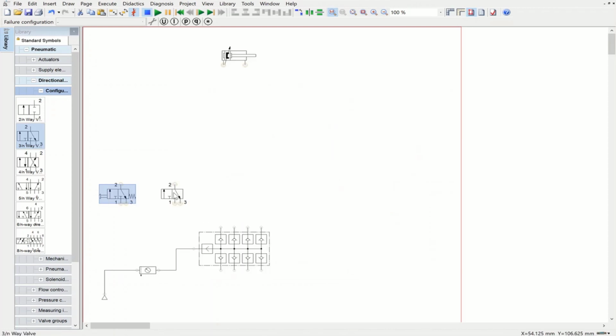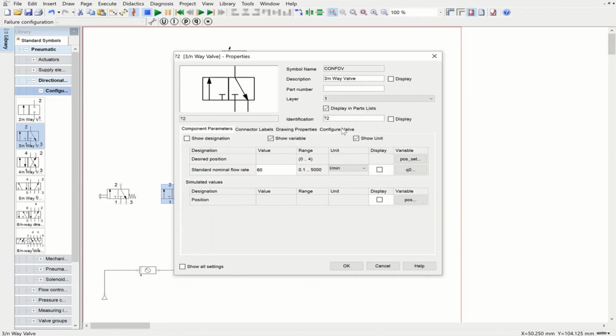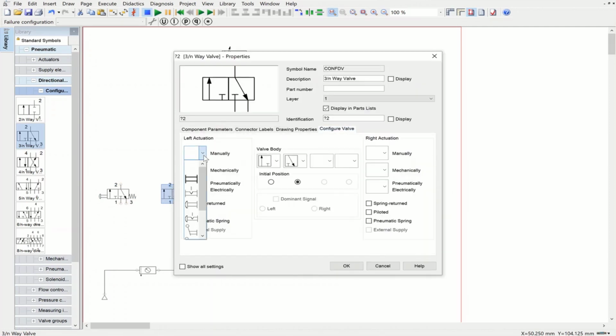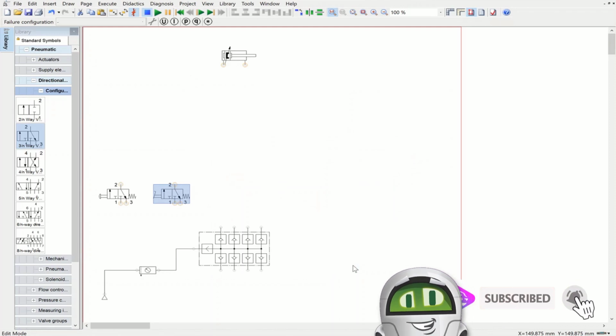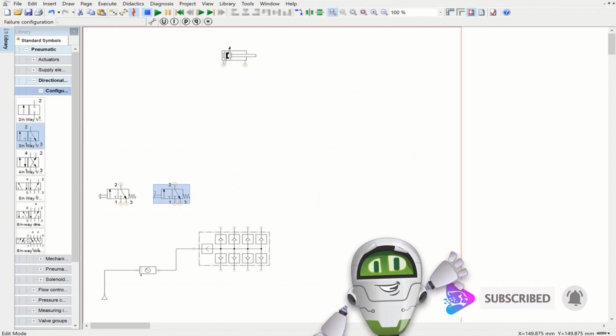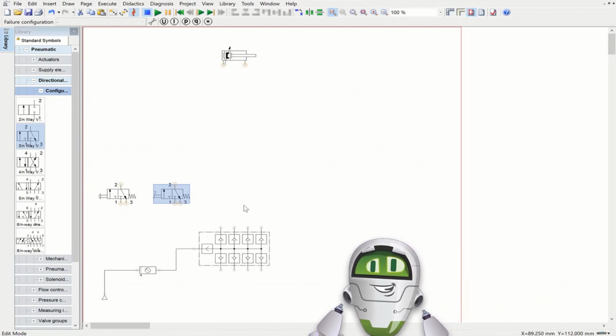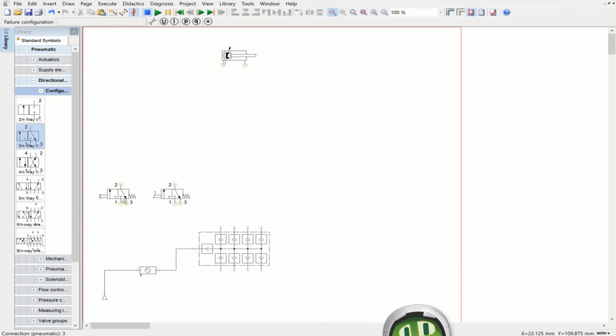Now the second one is going to be a foot pedal, right, again a form of manual actuation. So I'm going to select foot pedal, spring return, hit OK, right. Now we have everything set in terms of configuring these two directional control valves. We have to basically connect them, right. That is connected. The second one is connected too, right. So we have both of them connected,